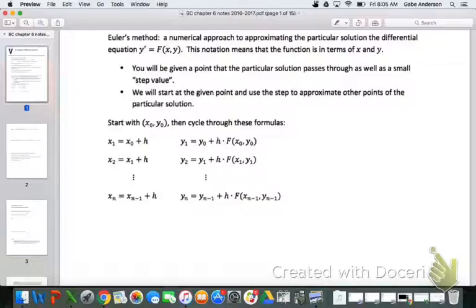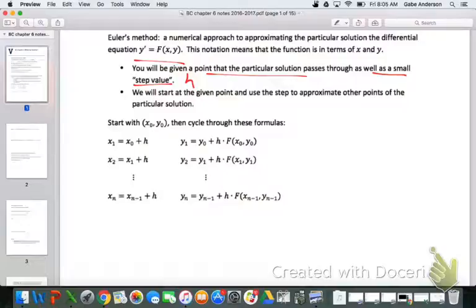So you'll be given a couple things here. You'll be given a differential equation like y prime equals f of x, y. And the x, y just indicates that the derivative, y prime, could be expressed in terms of x or y or both, like the slope field we just did. So you'll be given that information. You'll also be given a point, an initial condition, a point that's actually on the particular solution, as well as a small step value. Step value is usually represented by the letter h,